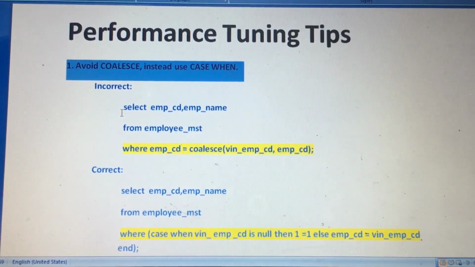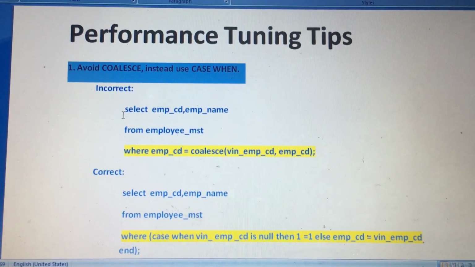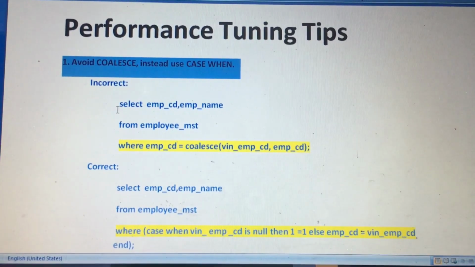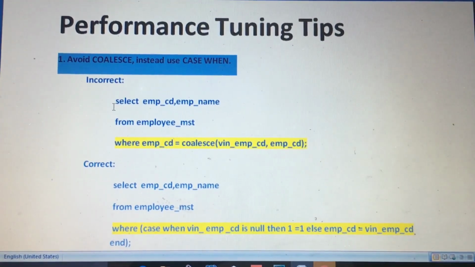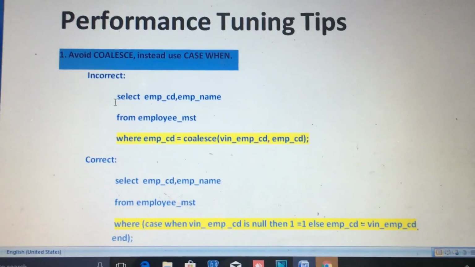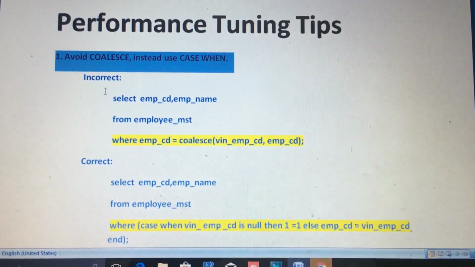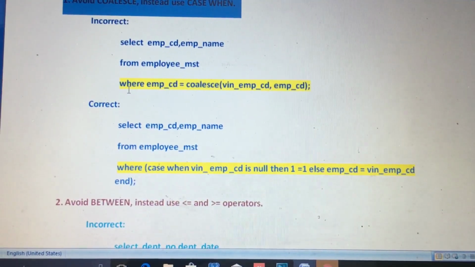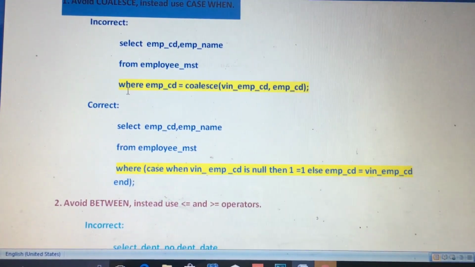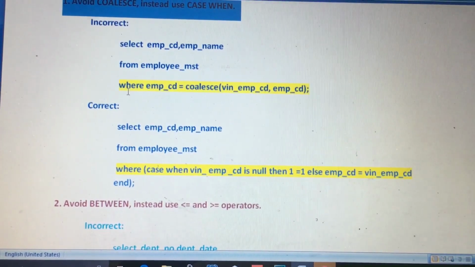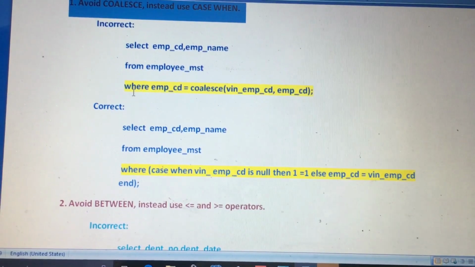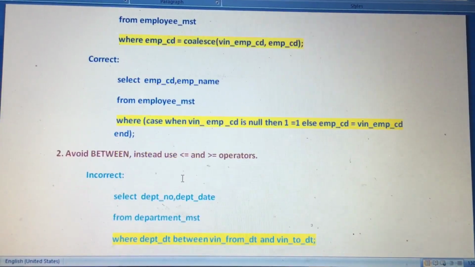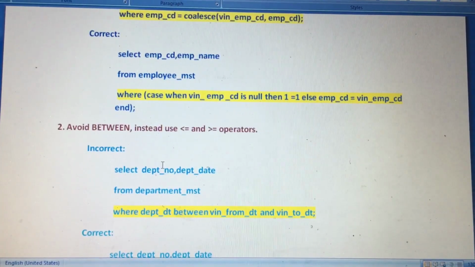The first point is to avoid COALESCE and instead use a CASE WHEN statement. Instead of using the COALESCE function, we can use CASE WHEN for better performance of the SQL query. To understand this concept, I have written two queries, incorrect and correct. In the incorrect statement, you can see I have used COALESCE in the WHERE clause. Instead, for better performance, you can use the CASE WHEN statement. Then we will go for the second point,